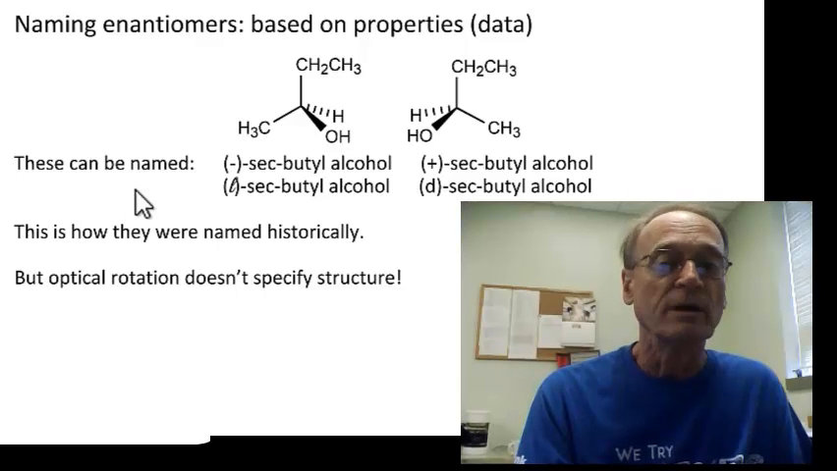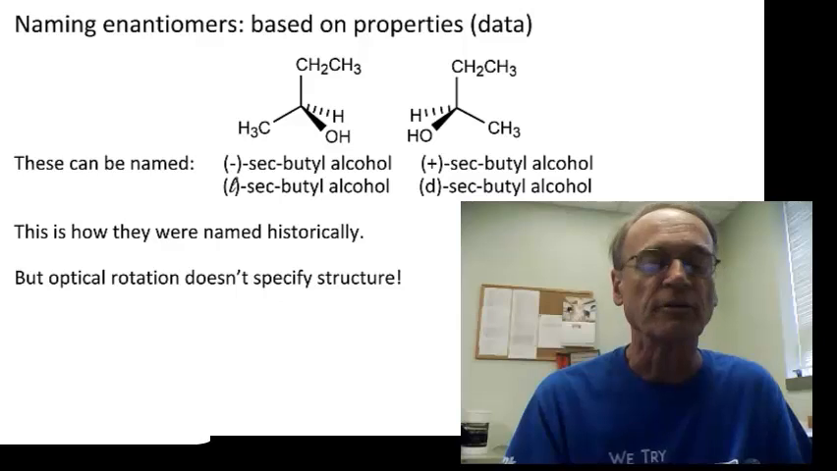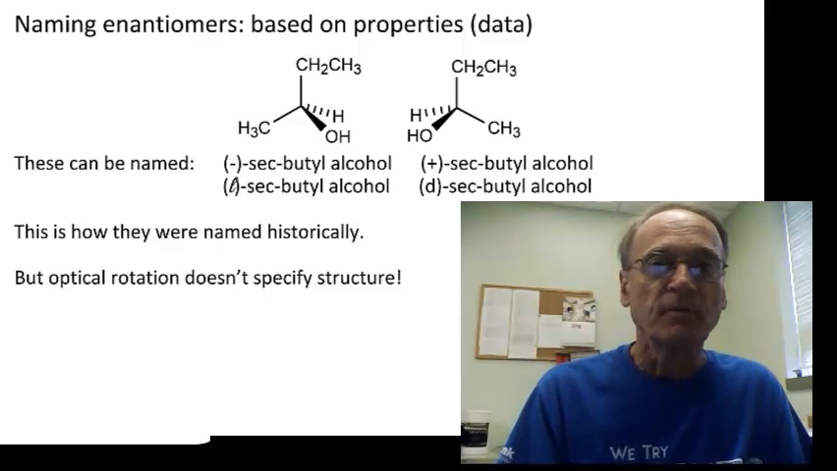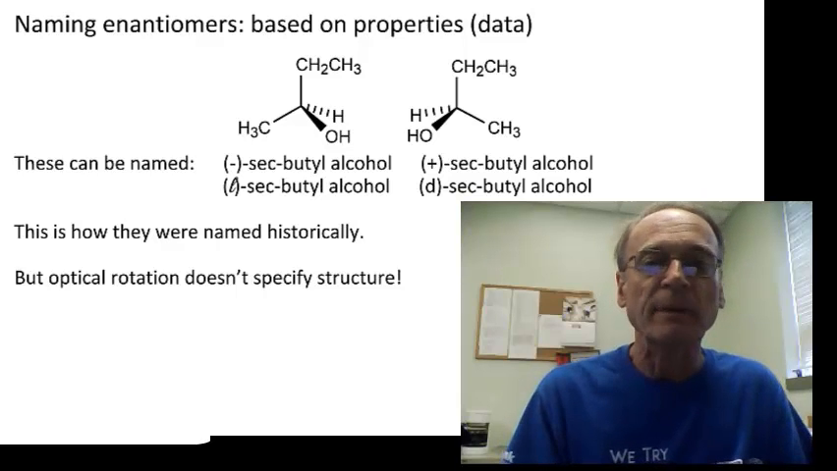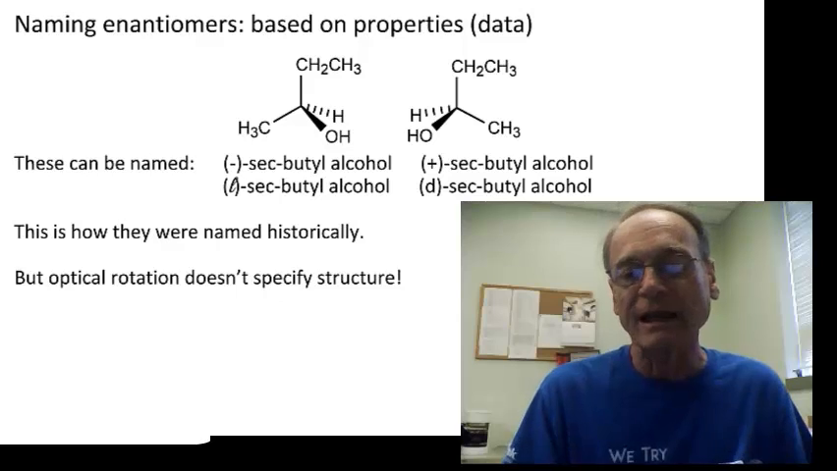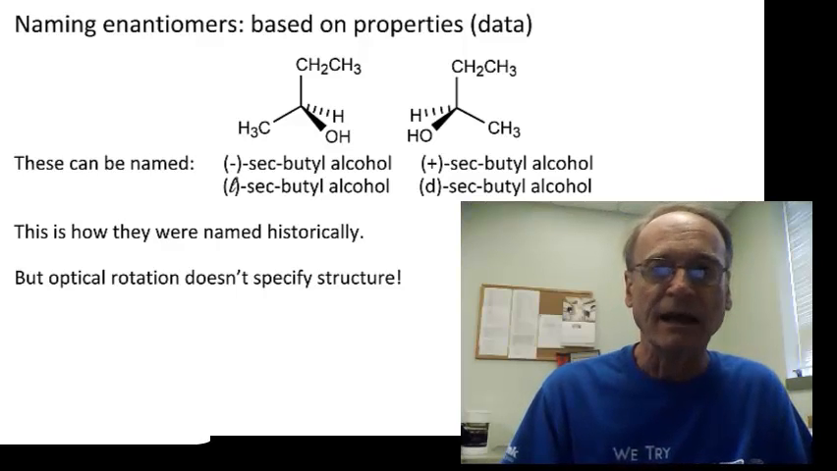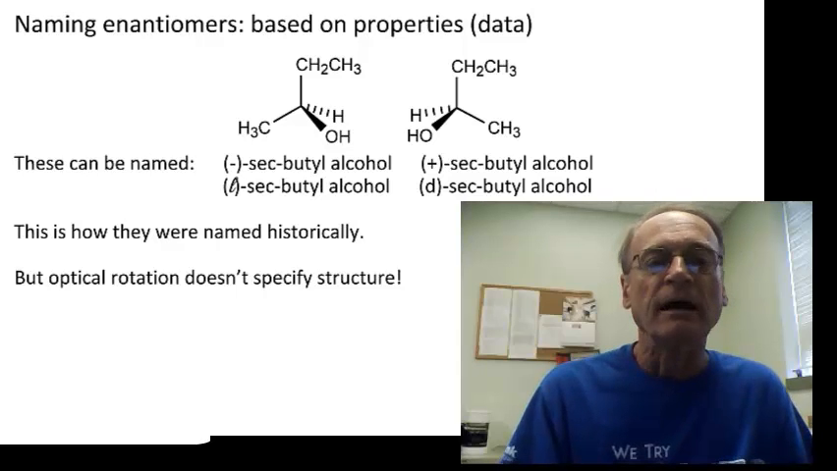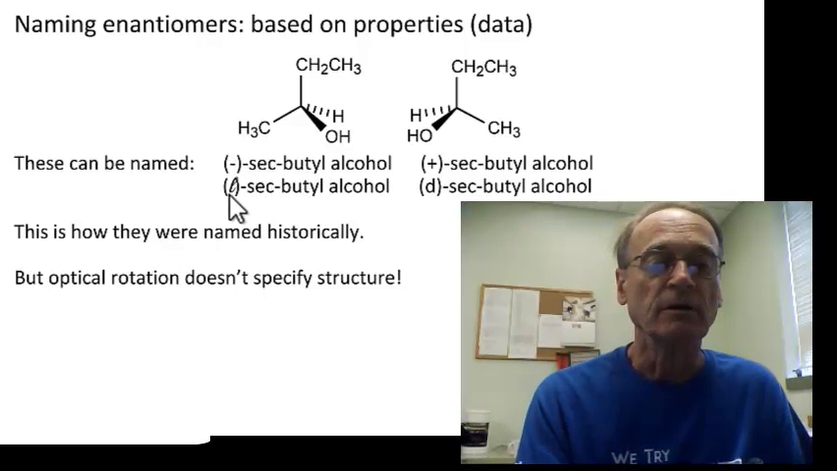So, there's two ways of doing it. One, and these are sort of historical ways of naming compounds in general, not just enantiomers. One way is based on properties. So, for example, a compound called Sudan red is a red compound, so the property is part of the name of the compound. There are many, many other examples where compounds are named after properties of the compounds, and enantiomers are no different. We can call this one minus sec-butyl alcohol, and this one plus sec-butyl alcohol, because this one